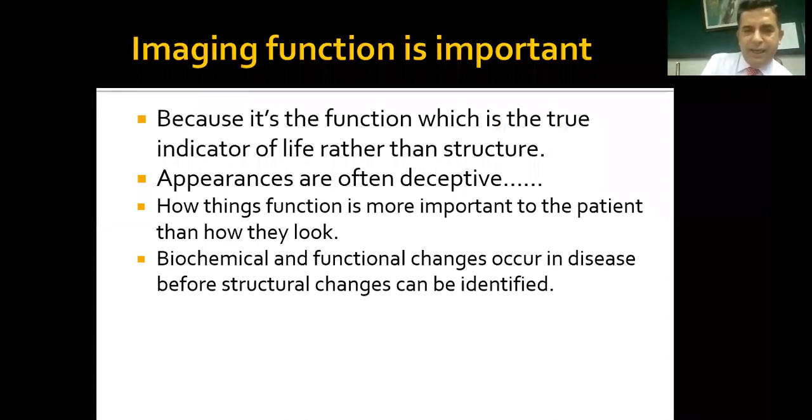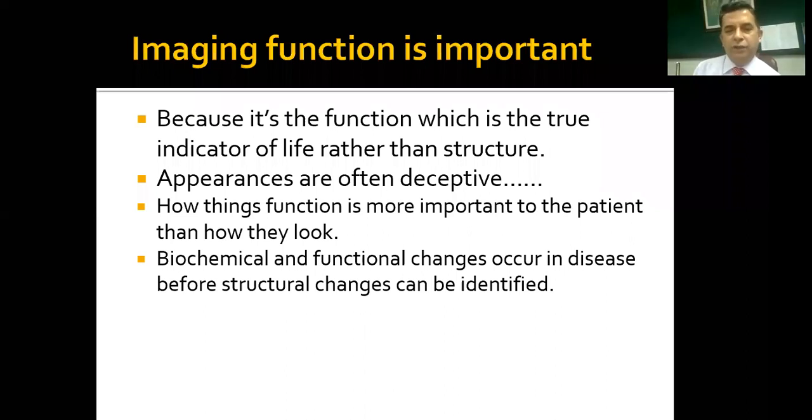So from here, I take a turn into the images of the function. Why are images of the function more important? Because it is the function which is the true indicator of life rather than the structure. Appearances are often deceptive, as I said, that sometimes the scientific truth can be a lie. And so sometimes something appearing on a radiograph or on a CT scan can be deceptive and it can be a lie. So how things function is more important to a patient as well as to the physician than how they look. The appearance is less important as compared to the function of that